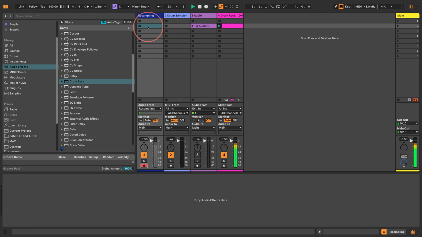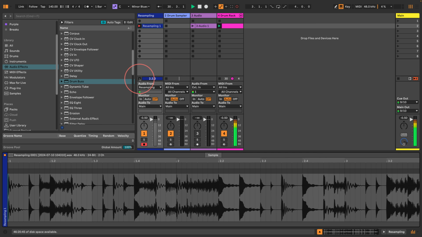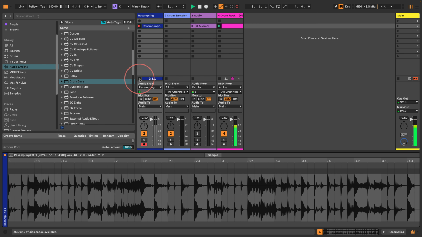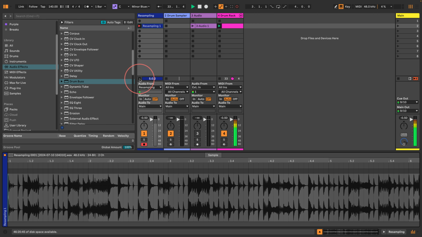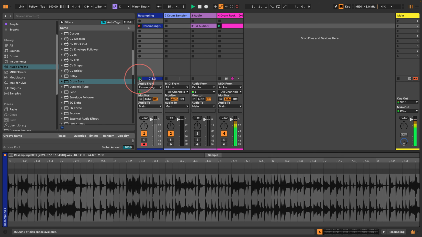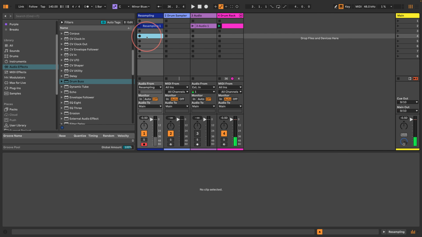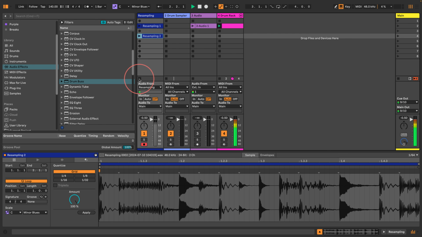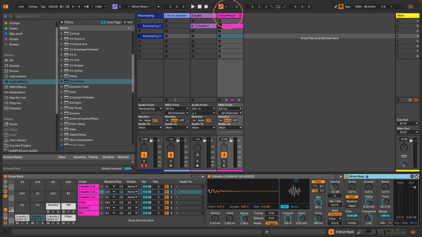I'm going to resample this, it's kind of fun. Yeah, that was good. I'm just going to do 1 bar though, just get 1 bar by itself. Okay, so this is kind of fun. So that's one way to do it with beats and stuff like this, but also it's a pretty interesting sound